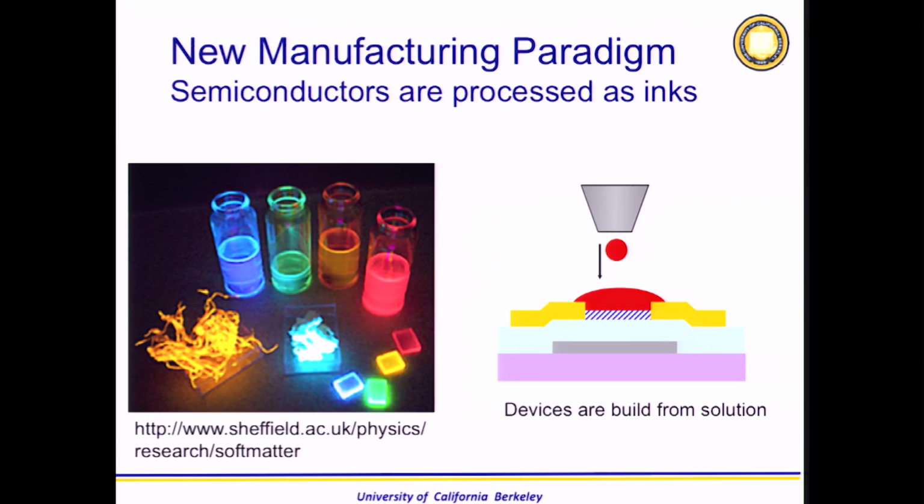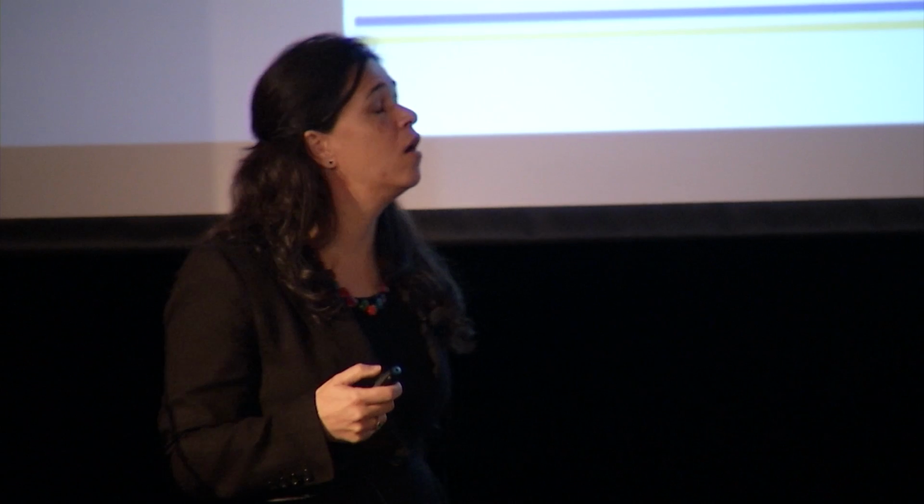In terms of manufacturing, these materials are also revolutionary because now you can think of your semiconductor as an ink. In fact, this is a selection of light-emitting semiconductors, and you can see here the powder being very fluorescent. But when you make a solution out of it, it also emits light, and this is what we use in order to make these devices that are truly bright and a very true color.